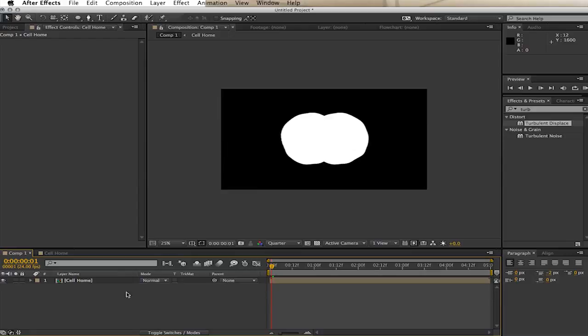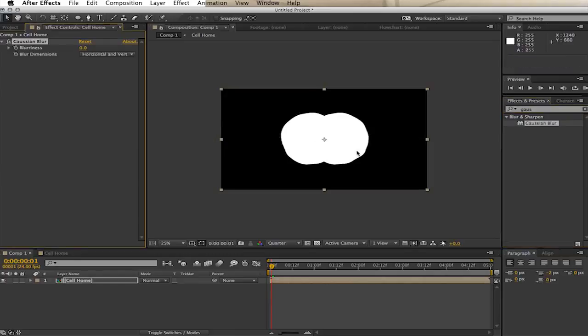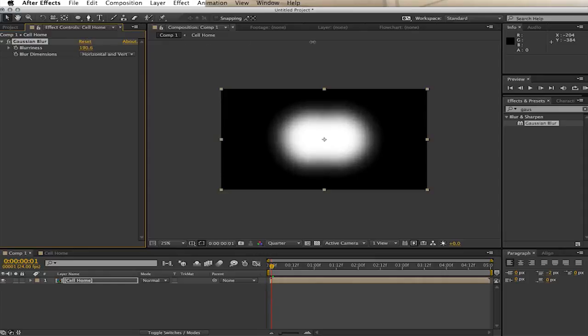All right, so in this composition, what I'm going to go ahead and do is create the outer membrane of our cell. So in our example, it was the lightning-like effect that was on the outside of the cell, and then we have the nucleus in the middle that will be the red center. So we're going to create the membrane real quick, and to do that, I'm going to add in a Gaussian blur, and I'm going to turn this up quite a bit,